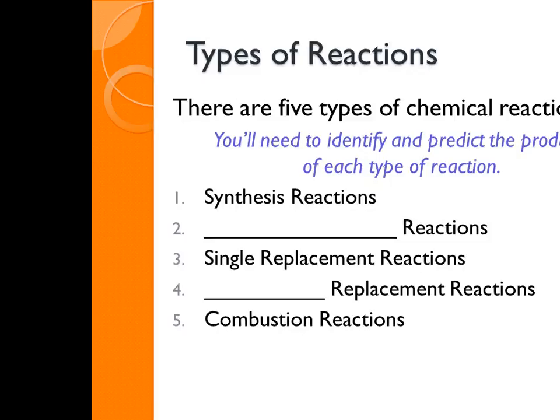There are 5 main types of chemical reactions. Today we'll be covering the first 2, which are synthesis reactions, when we have 2 or more reactants and we combine those or synthesize them to create one product. The flip side of that, comparing that, is decomposition. And as you may remember, if you've had biology, decomposers, they break things down. So decomposition reactions are when you have a single reactant and it decomposes or breaks up into 2 or more